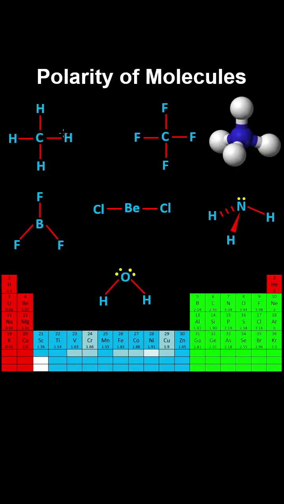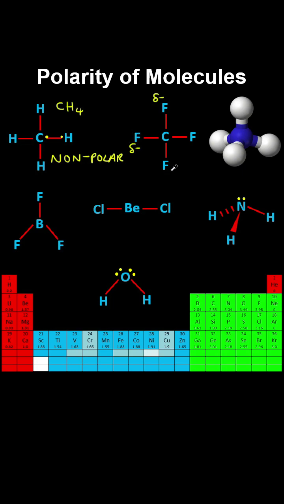The polarity of a covalent bond and the symmetry in the geometry of a molecule are used to determine if it's polar. So for example, carbon and hydrogen have a similar electronegativity, so the electrons are assumed to be shared equally in this covalent bond, and therefore this methane molecule is nonpolar. Now when there's a prominent difference in electronegativity, such as with carbon and fluorine, then the electrons spend more time